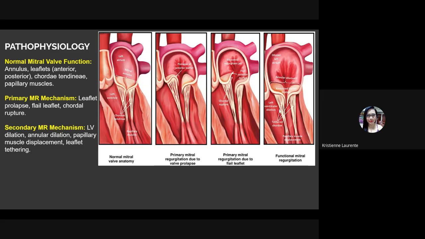Now this is a functional mitral regurgitation. The leaflets are functioning, but the chordae is not closing properly. Then this is the secondary, right? The pathophysiology of mitral regurgitation really is knowing the normal function of your mitral valve. As I am always telling you, you have to know the normal function or the normal anatomy for us to appreciate